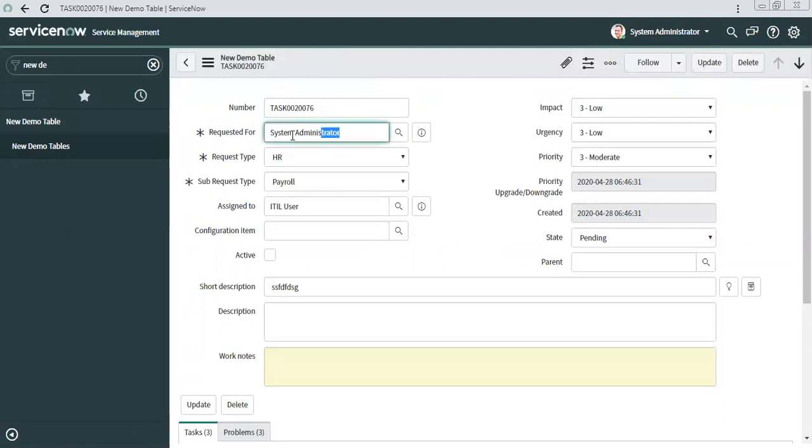One for requested for manager email address, requested for manager's phone number, or requested for phone number, any related information we may need. In catalogs, we mostly see those things like this thing should get auto-populated, this thing should come from there, right?